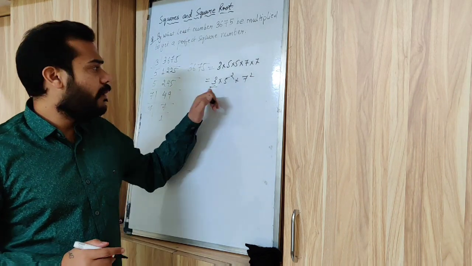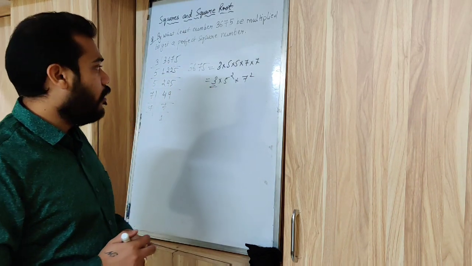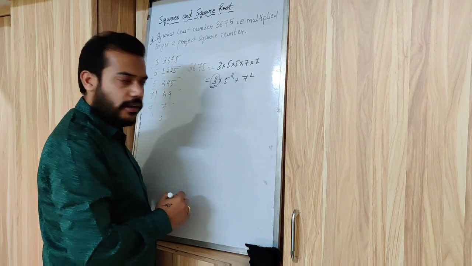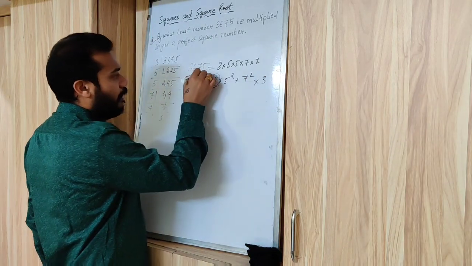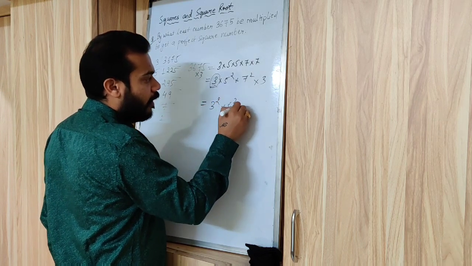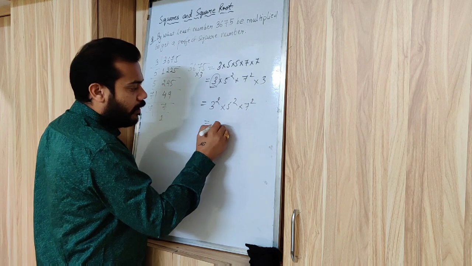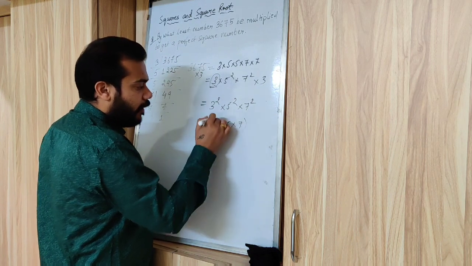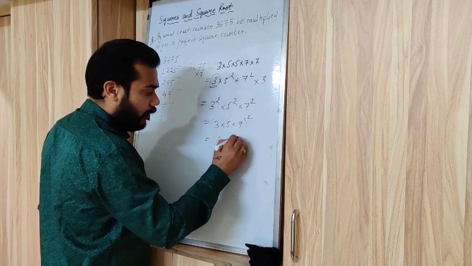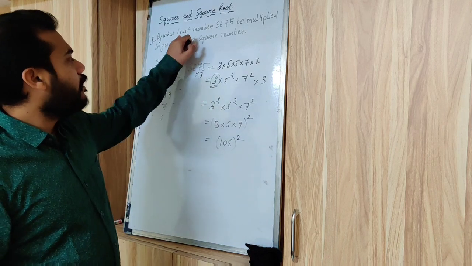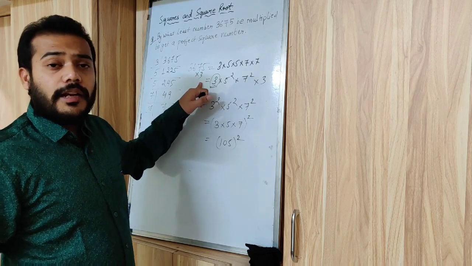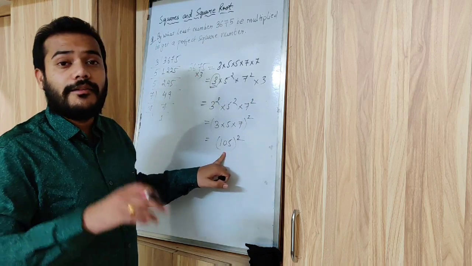5 and 7 come in a pair, but 3 doesn't come in a pair. So what do you have to multiply to make this a perfect square? You need one more 3. Okay, multiply by 3. Now you will find 3 square, 5 square and 7 square, or 3 into 5 into 7. 5 3s are 15, 15 into 7 is 105. If I multiply by 3, the least number is 3. If I multiply 3 with 3675, we get a perfect square of 105.